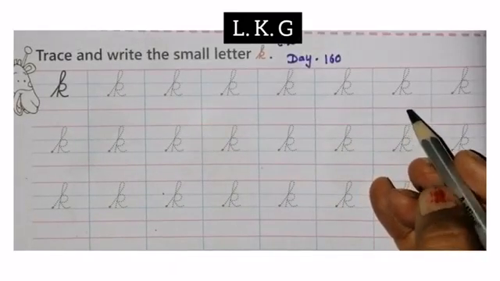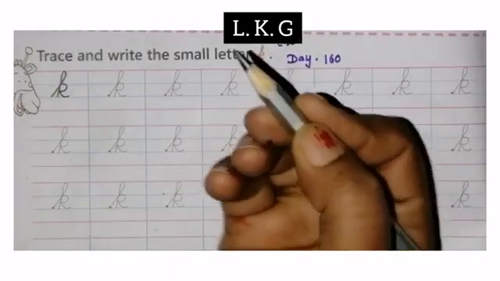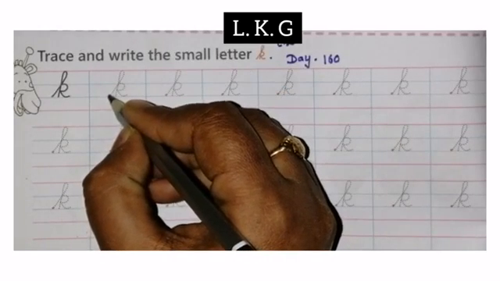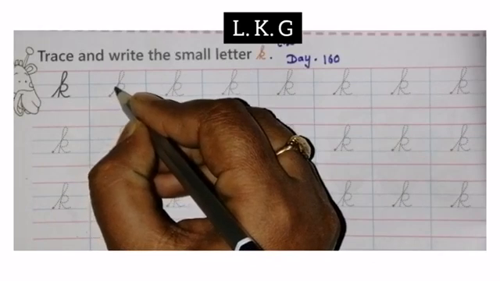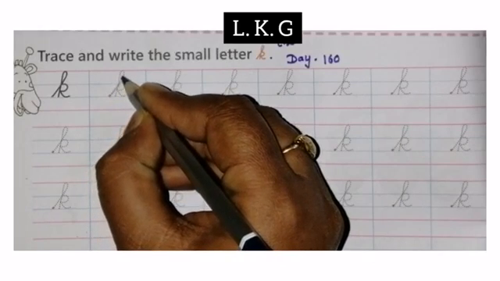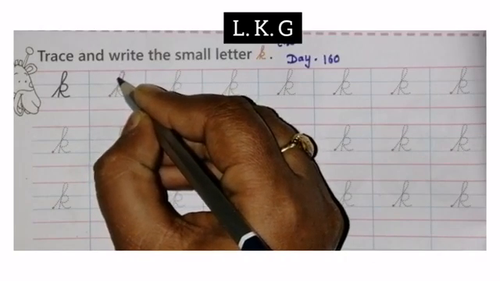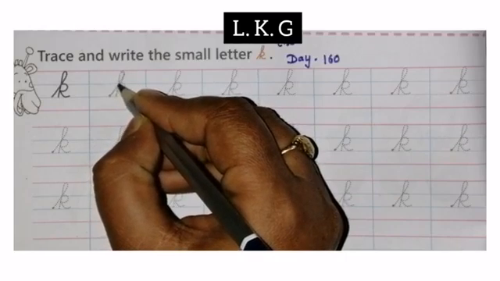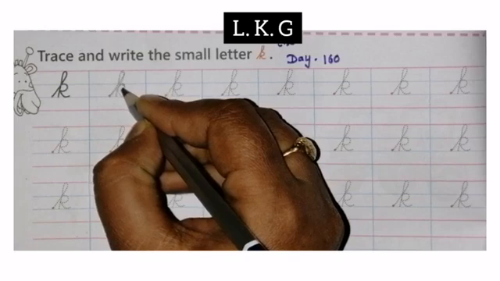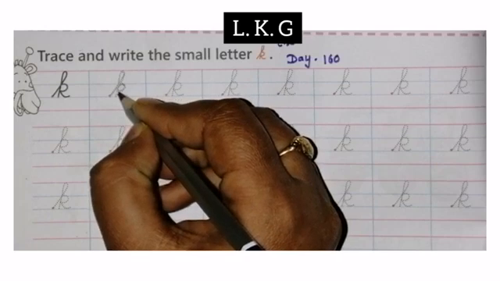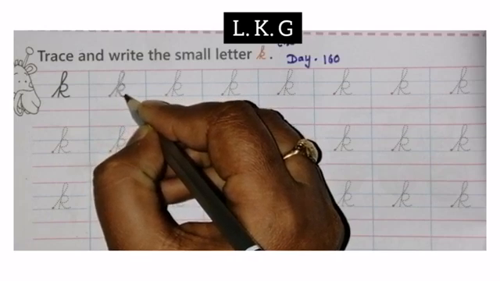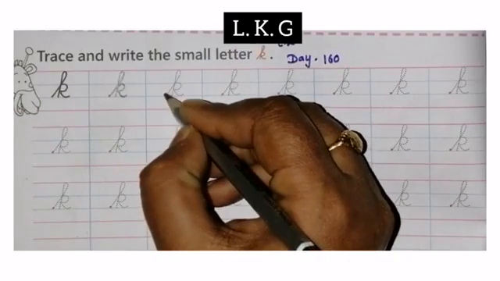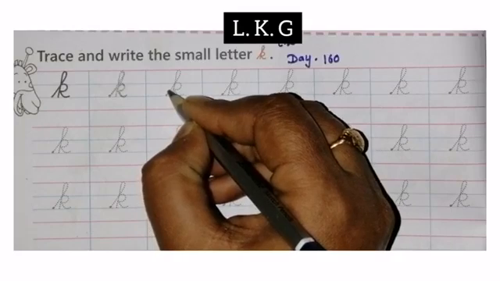Let us start. How to write? You have to keep your pencil here, then go up, then move, then standing line. Again go up, then move like that. K for kite. Watch it again carefully. How to write? K